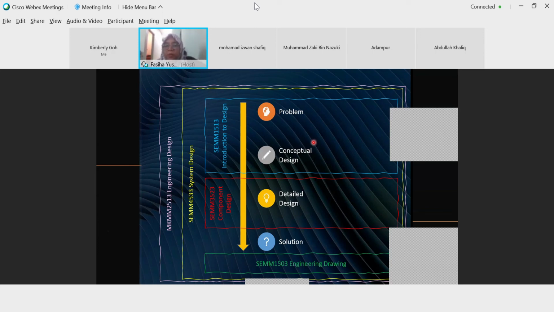You need to be very creative here. And for the other part, depending on the project you are working on, you need a lot of scientific and engineering knowledge.